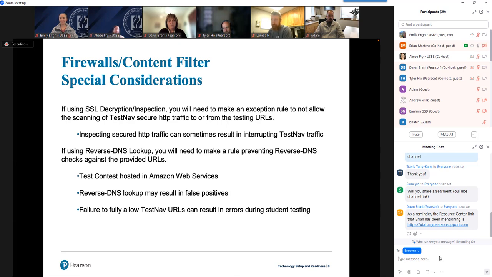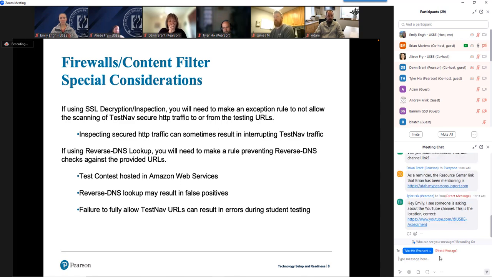This is probably a 10-minute job once you get some advice from your content vendors, or your security vendors, to input these and make sure that they're okay. But they're a nightmare to diagnose if you're in the middle of testing. So I can't stress this enough. Make sure you're taking care of this in advance so that you don't have any issues.